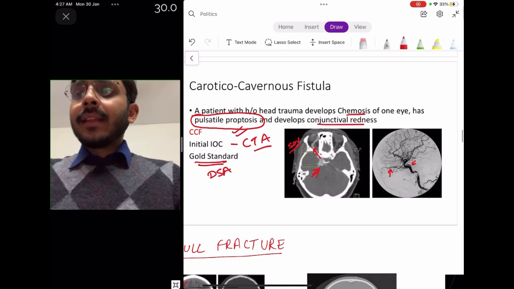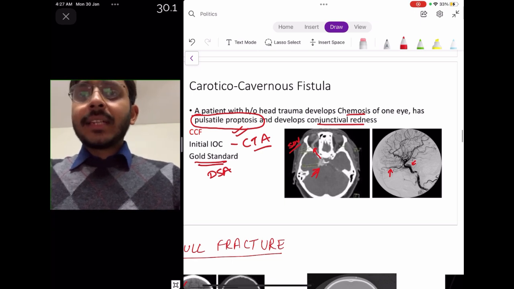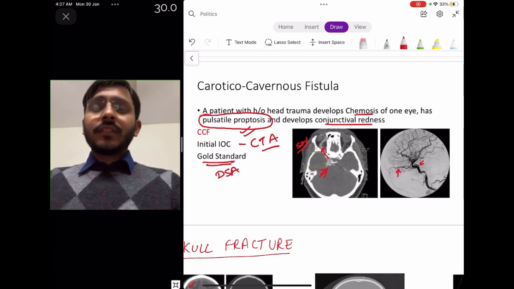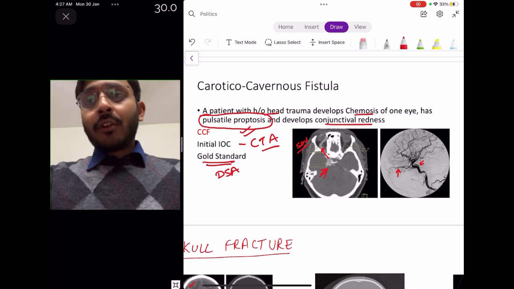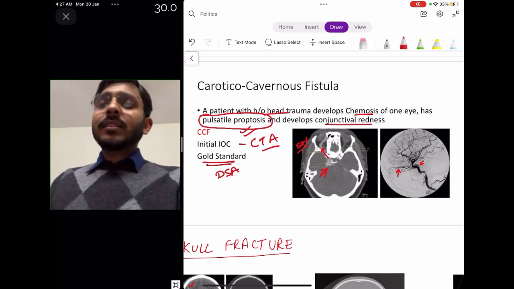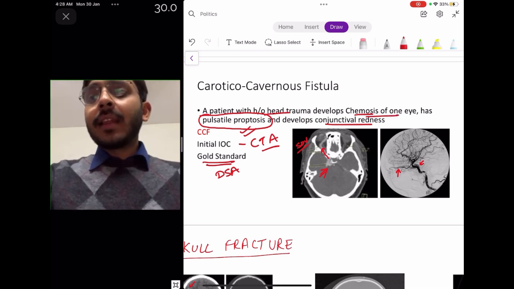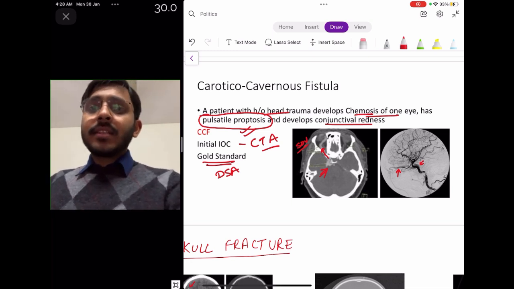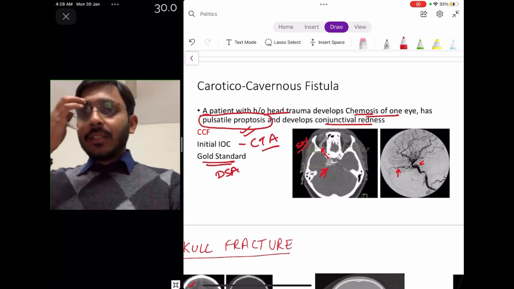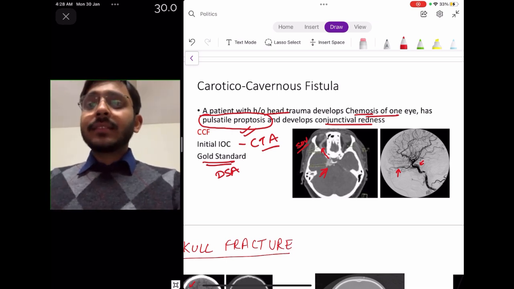So another one-liner spotter which is sometimes asked in the exam is a carotico-cavernous fistula or a CCF. The patient will have a typical clinical presentation of a history of head trauma, and following a few months the patient develops chemosis of one eye and has a pulsatile proptosis with conjunctival congestion or conjunctival redness. So what will be the findings on